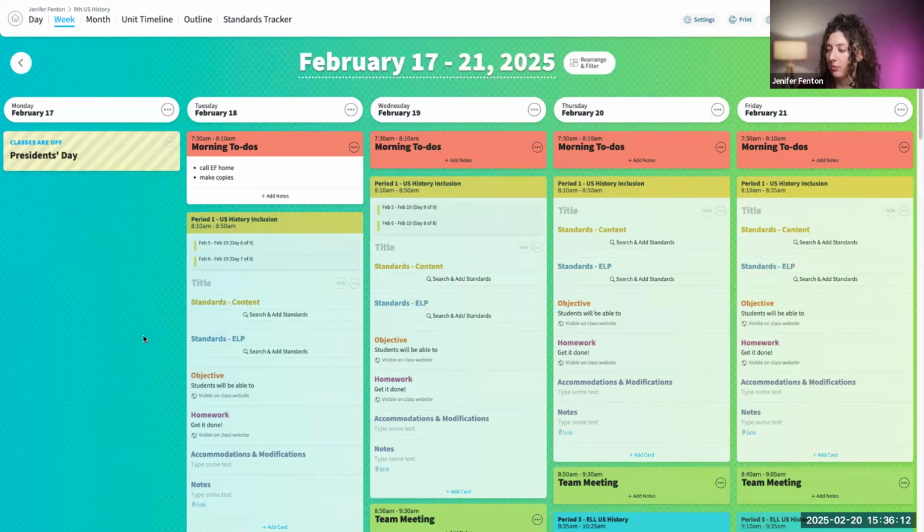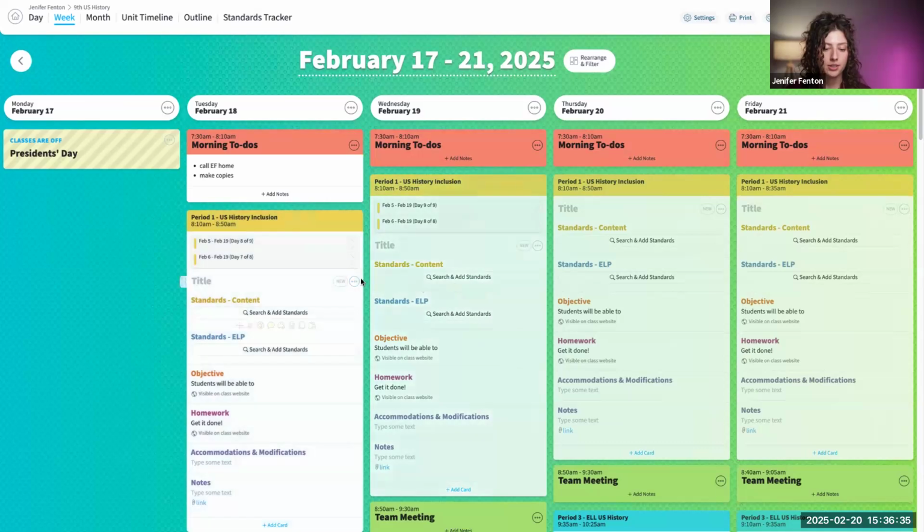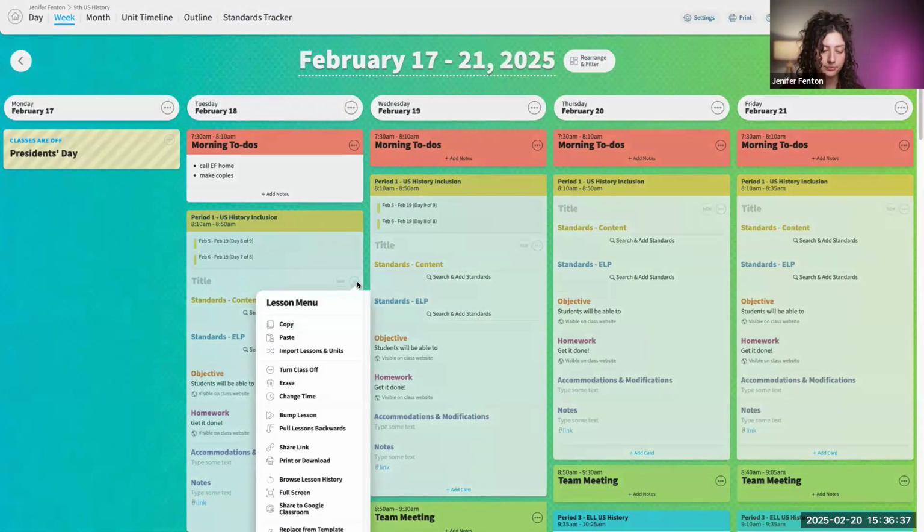Okay, another question that someone had was how to copy a week's worth of lessons to the next week. So we don't have a copy week button, but we do have a way to import lessons. And it just takes a couple of clicks and you can copy them all from the week prior. So what you do is you click into the lesson menu here, and then there's this import lessons and units